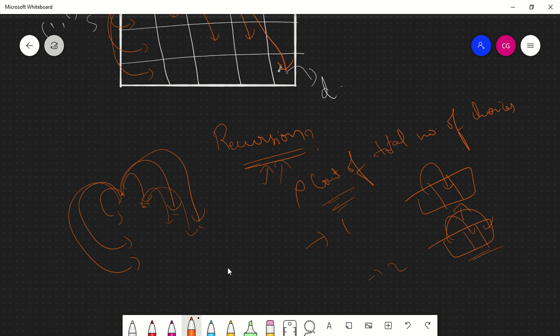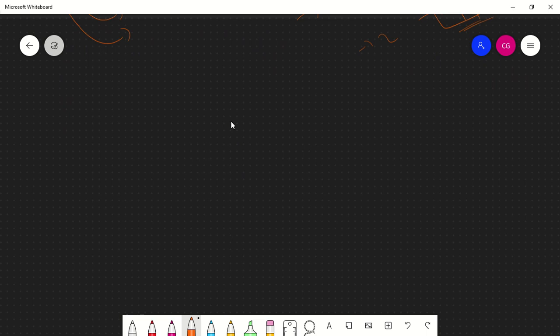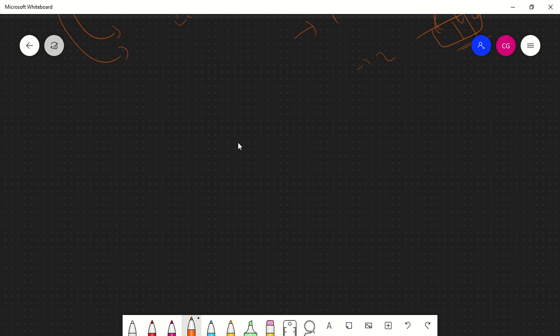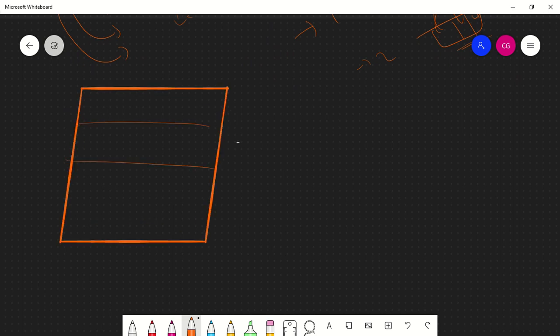So okay, we have understood that recursion is important for this problem. How are we going to apply the recursion? Let's draw the diagram again once. Sorry for the bad handwriting. Again, you start from here and you end here. Imagine you have reached this point.